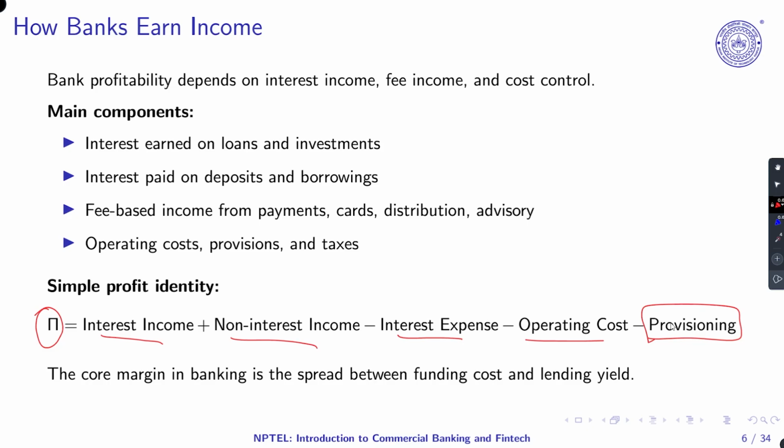Before that, there is early warning monitoring. So for example, they can go for SMA 0, 1 to 30 days, SMA 1, and SMA 2, 30 to 60, 60 to 90, and then they can think about whether they have the chance of getting money back or not.